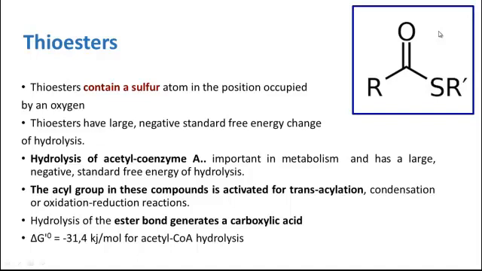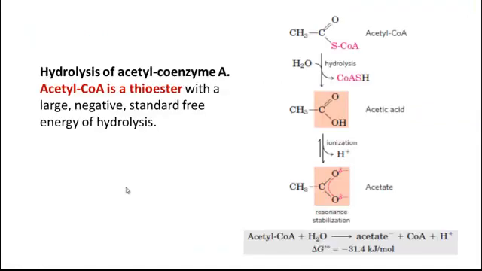It has the acyl group which can undergo trans-acylation reactions, meaning transfer of the acyl group from one molecule to the other molecule, or condensation reactions or oxidation reduction reactions. The hydrolysis of acetyl CoA leads to the generation of carboxylic acid. So in this picture you can see that the hydrolysis of acetyl CoA forms acetic acid, and this acetic acid can be ionized and further stabilized by the resonance structure, and the energy released in the reaction is minus 31.4